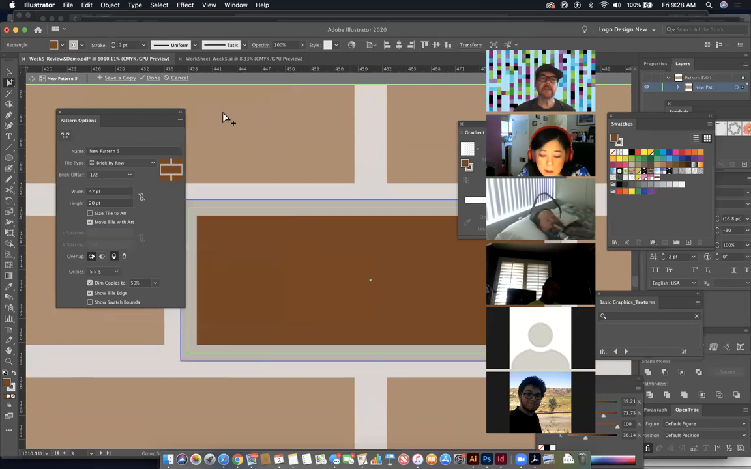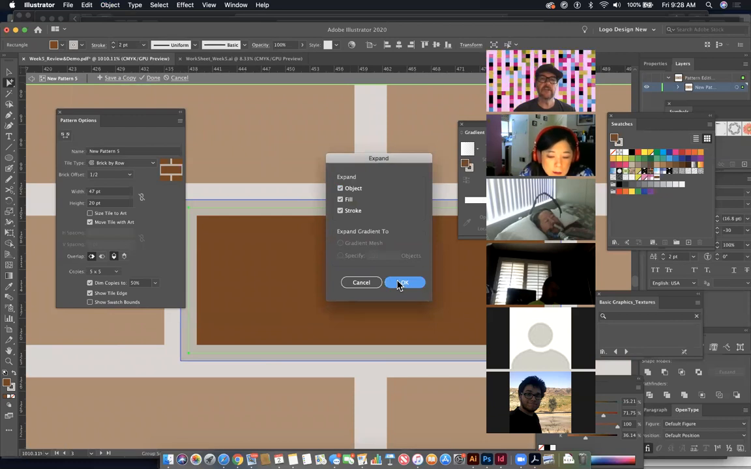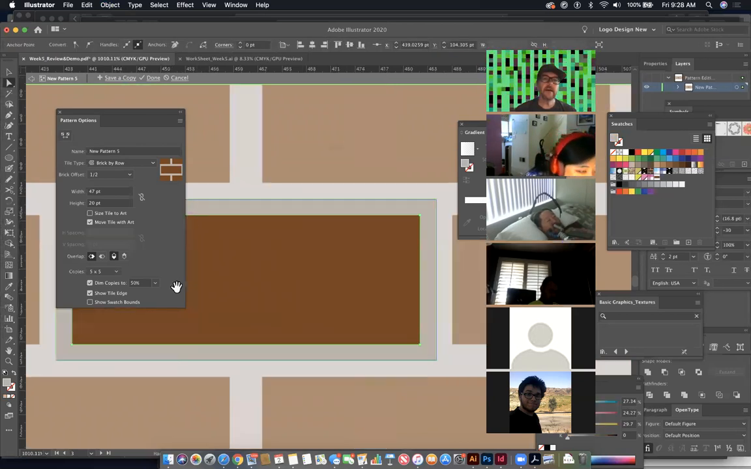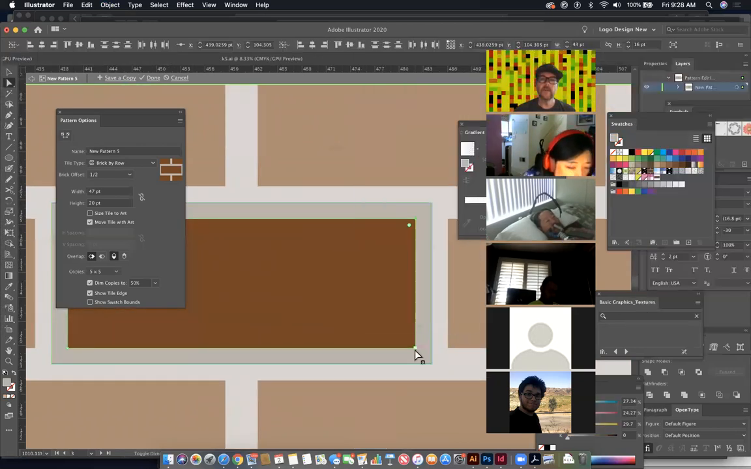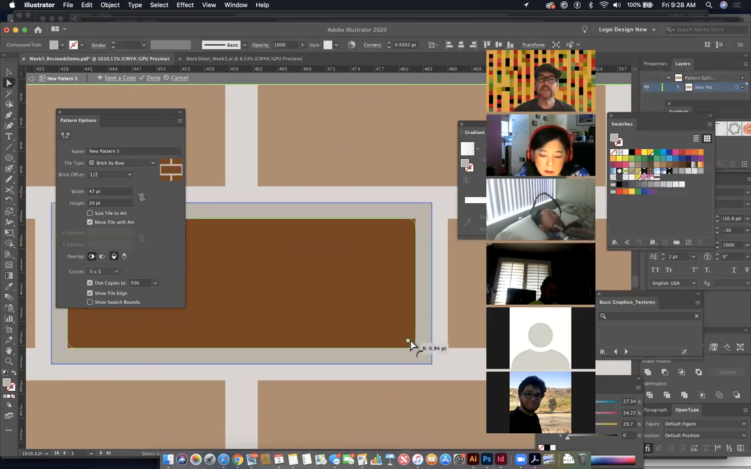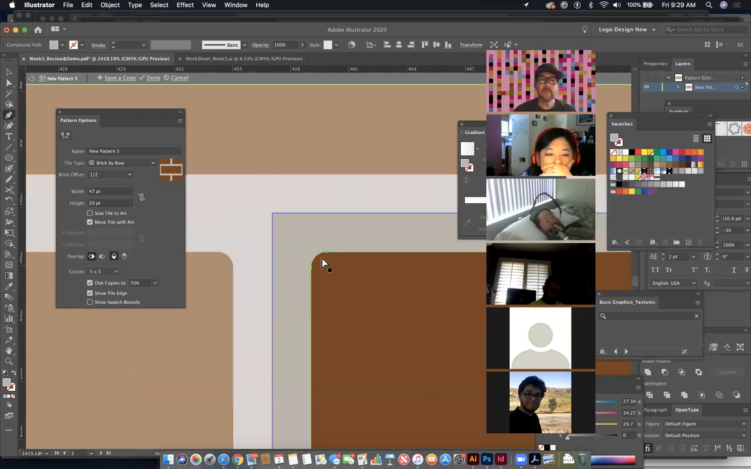could edit it further. So for instance, if I went to Object Expand, I could expand the stroke so that that's now a filled object. And by making that a filled object, I could select this shape on the inside, or at least all the anchor points on the inside of that shape. And I could round the corners very slightly. And I could also add a little bit of shadow so that it feels like the brick has some depth to it. So if I was to choose a darker color,